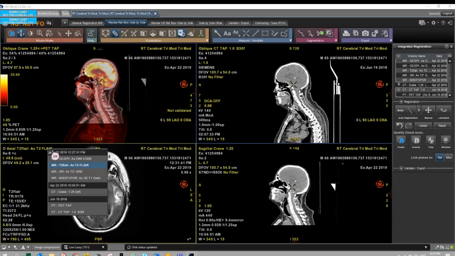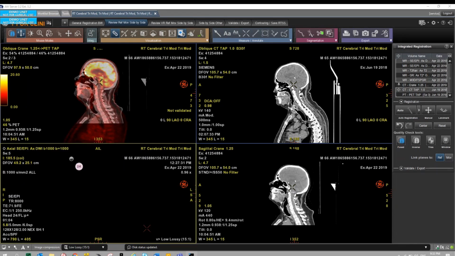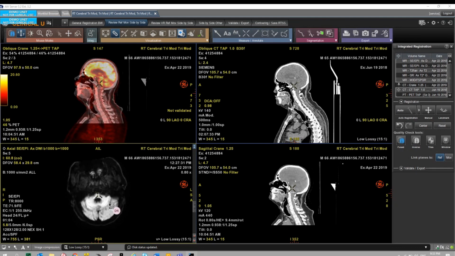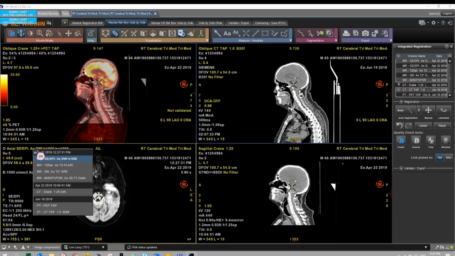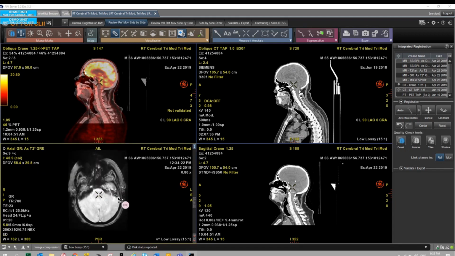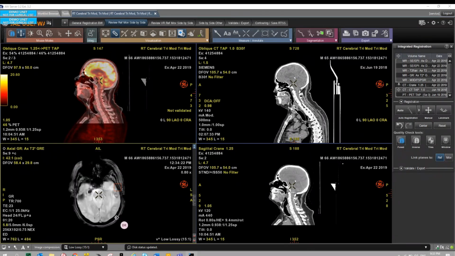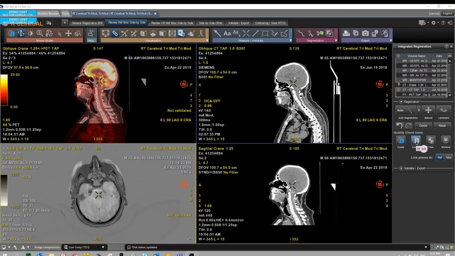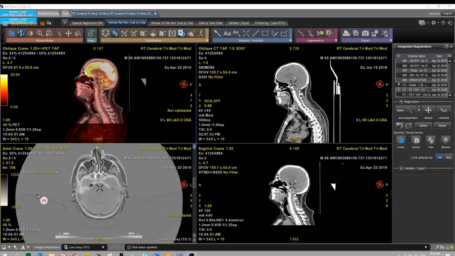If we can use functional images, diffusion images can be used, often in prostate cases, to also make some boost on some part of the prostate. The T2 images are also useful. So all the necessary information, morphological and functional information, are available, and they are all registered. They are all fused with the CT. So if I want to see a fused view here, I just go to this button, and the system will display the MR and the CT or whatever in a fused view.